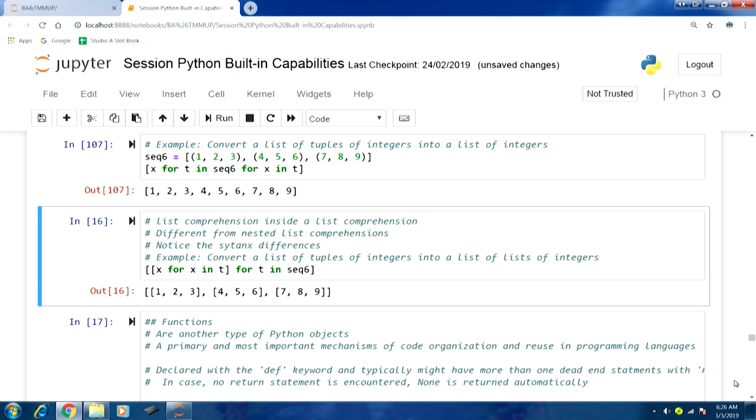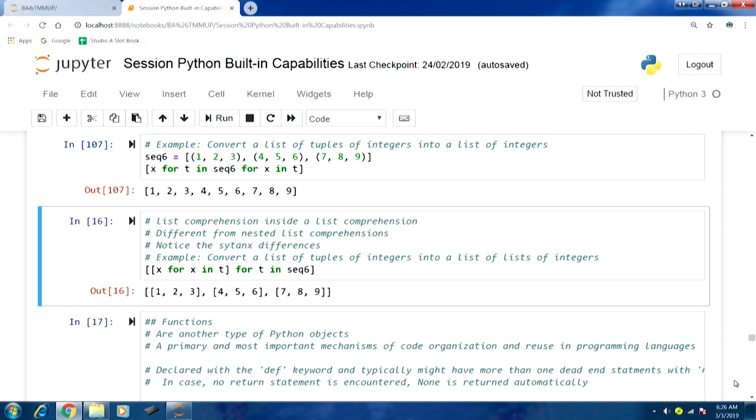you can see here in the first we are running this comprehension for T in sequence 6. Sequence 6 is a list of tuples. So, for each tuple we will run this loop, and you can see the transformative expression is also a list comprehension.